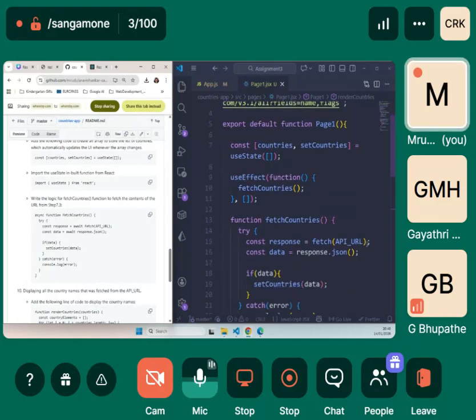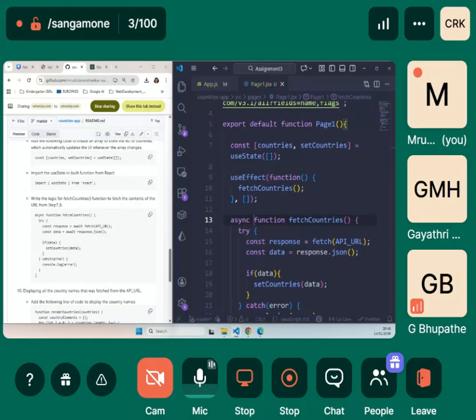What happens is, as I told you, APIs might have a lag, correct? So we need to handle the lag using await and async. For fetchCountries, this is where we are fetching the API, correct? So we are going to add a small keyword called async.